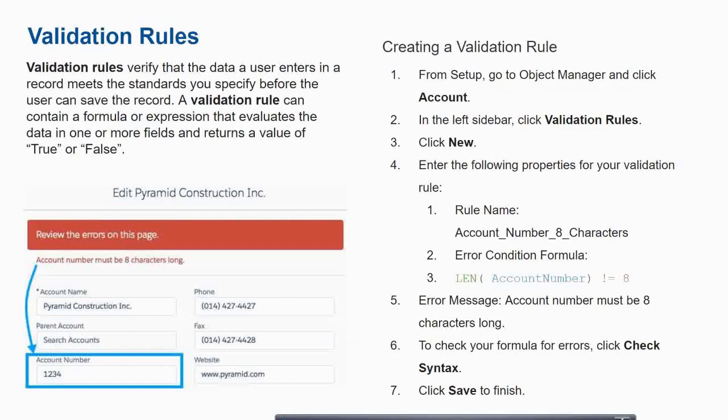Now let's look at validation rules. What is a validation rule? Let's say a field has a particular criteria which needs to be met before a user can save a record, or else it will alert with a message that such and such field must have this. For example, an email ID should have the at-the-rate symbol, or else an alert will be shown. In this slide you will see the account number should be 8 characters. If it's less, it will automatically show this alert message. For this kind of configuration you use validation rules.